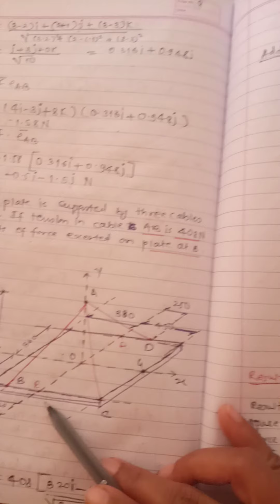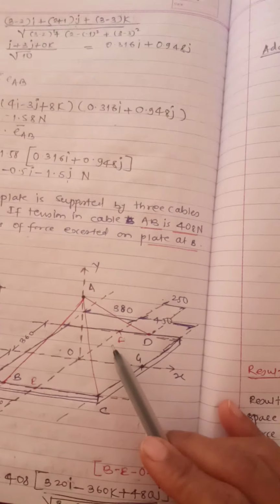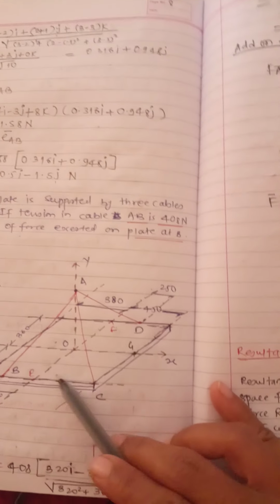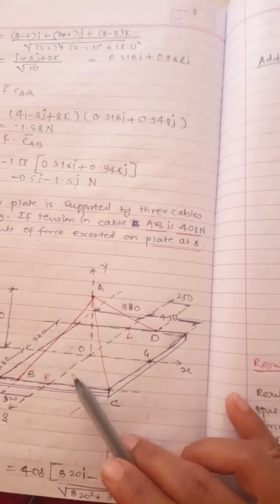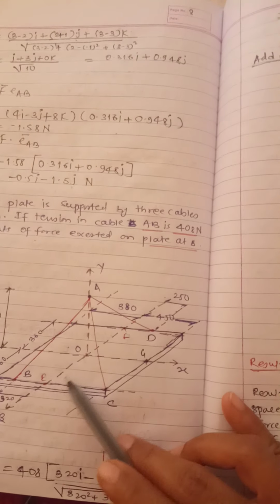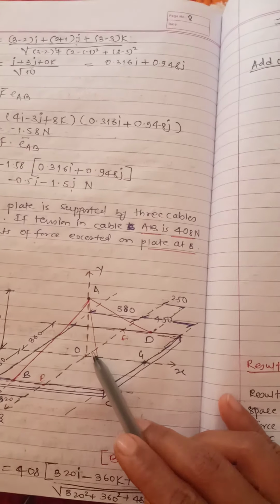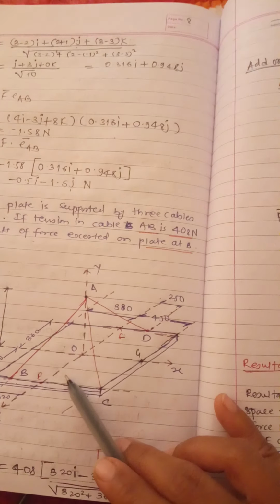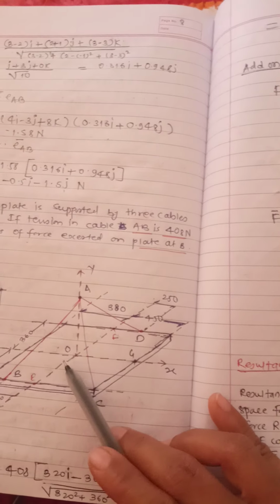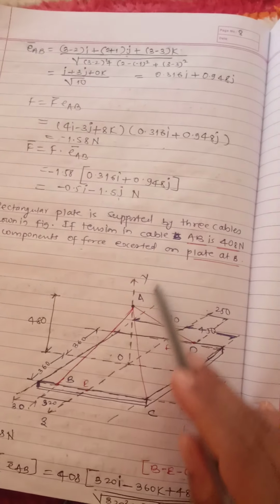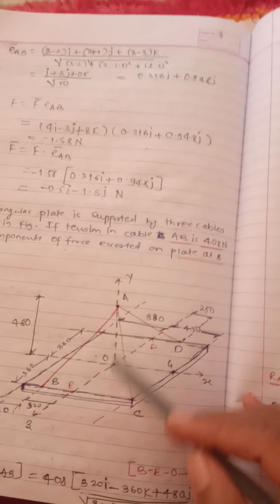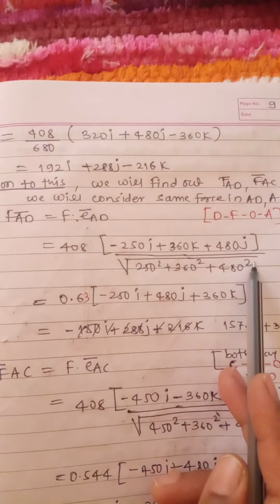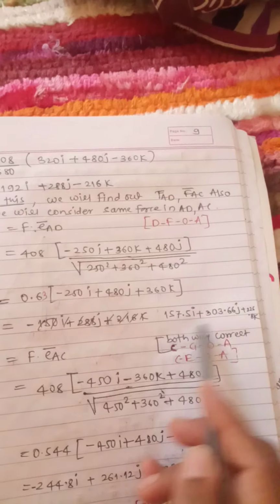Please follow me, I am telling you the truth. This is the concept: whenever we are moving in the direction of your axis, whatever direction is given to you, if we are moving in that direction, it should be positive. Though I am in the section where positive values are there, since I am moving from E to O, this value should be negative. Though I am here where negative values are there, since I am moving from F to O, in a positive direction, this value should become positive. From O to A it is positive 480 because the direction is upward. If I am moving from A to O, then it should become negative. Getting me? For that reason these values are there: minus 250i plus 360k plus 480j. If I multiply it, I'll get these values.